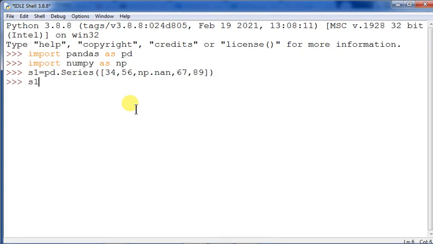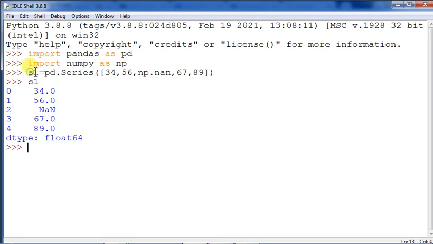Now the one thing that is noticeable is what is happening when we are giving the np.nan. Here two types of values have been given: whole number integers and along with that np.nan. Now when I have given s1, you see everywhere it is coming as 34.0, the .0 has been added. So why so? Because whenever we employ a nan value, if there are whole numbers, the outcome will also show .0.